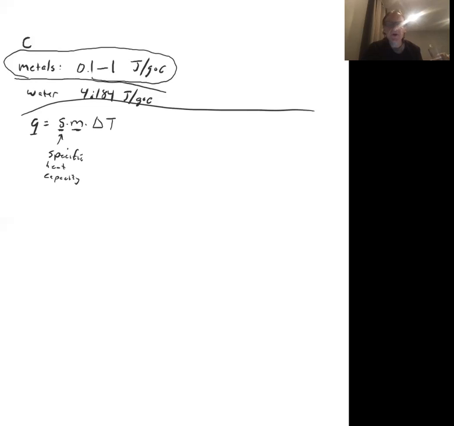Just looking through it, there's one more thing I wanted to mention about units. This might confuse you if you haven't seen it before. So sometimes units can be written using a division sign. So this would be the units of specific heat. So what we're saying is we're taking joules and dividing it by grams, and then we're also dividing it by degrees C. But sometimes it can be written this way,